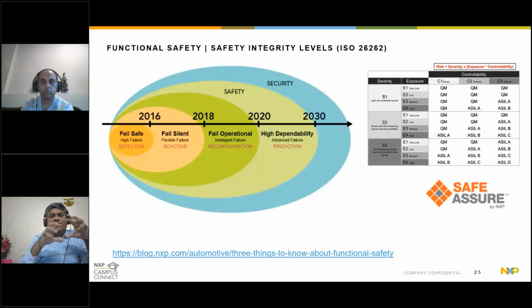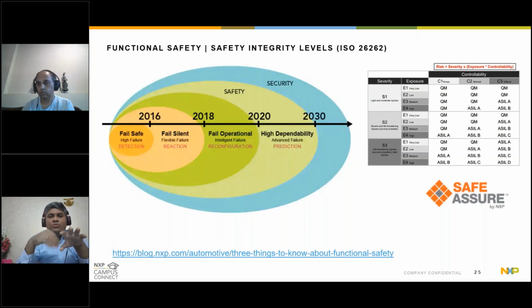Next slide, please. Then functional safety. As I said, I will not explain more about safety. I talked about it, but the safety journey also has been evolving right from early 2015-16 time frame until now, where we are saying, and particularly this is important for automotive designs, because your vehicle has to be safe on road for the passengers and for the pedestrians and other vehicles around, right?